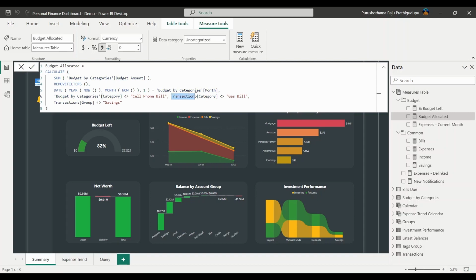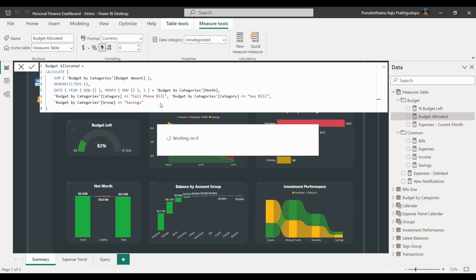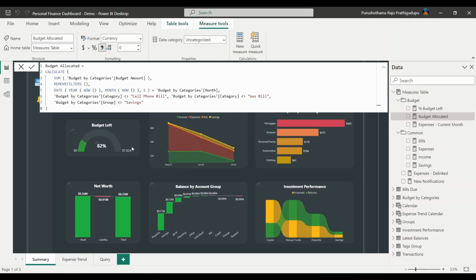Replace all these transactions to budget by categories. Now this will automatically exclude those categories or groups, whatever we have considered for bills and savings.